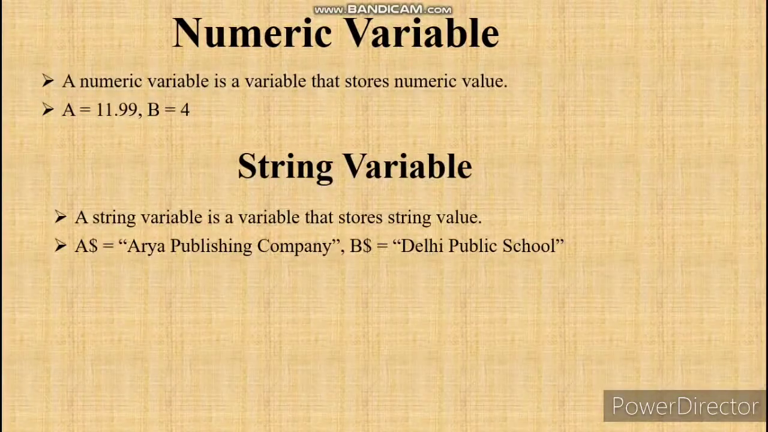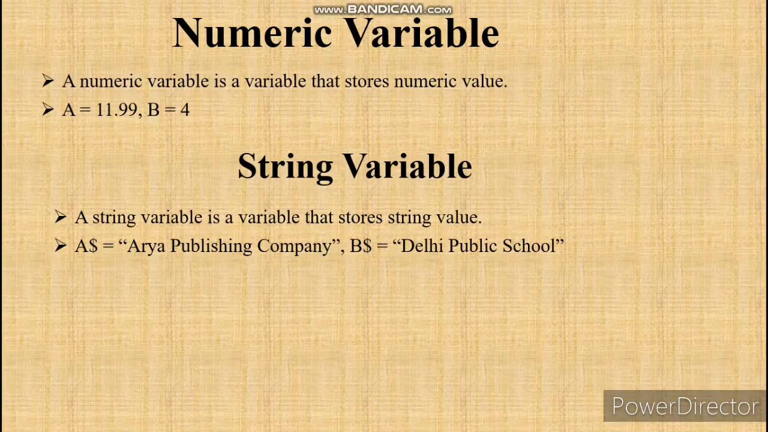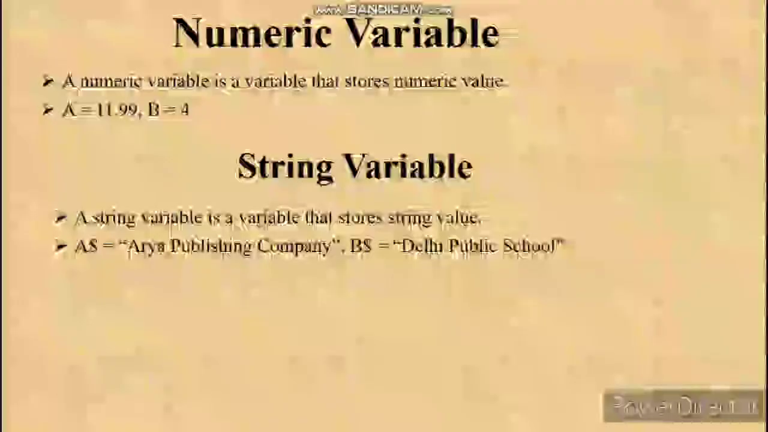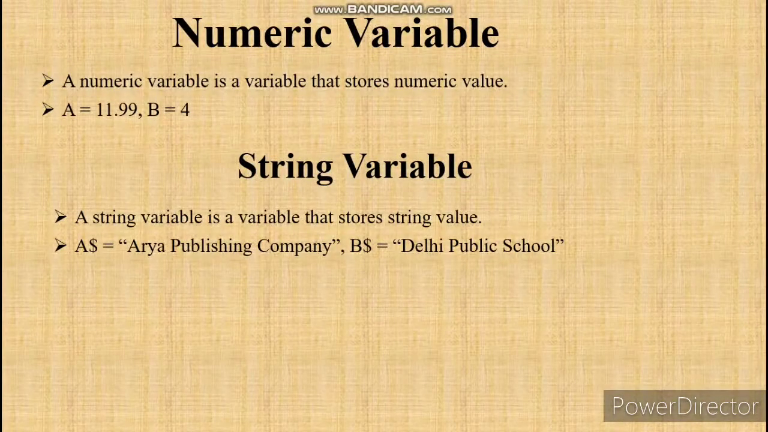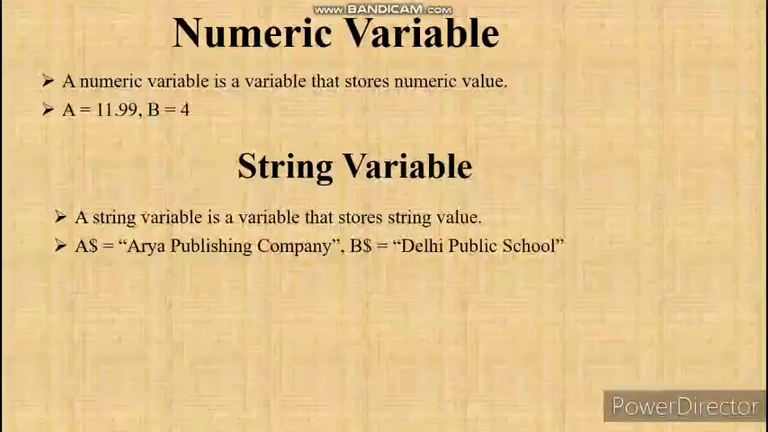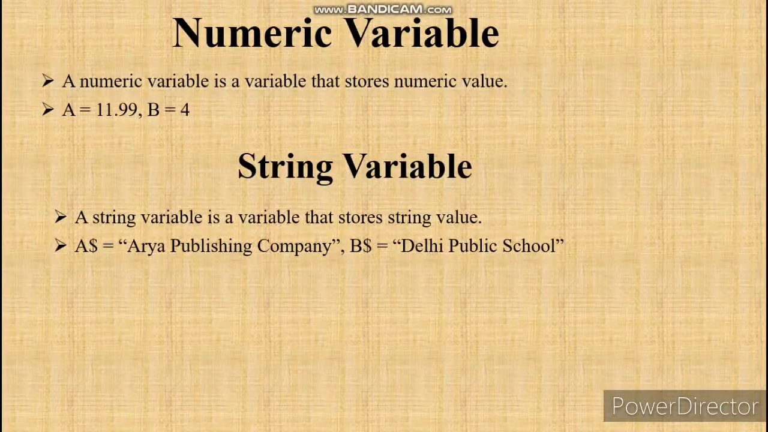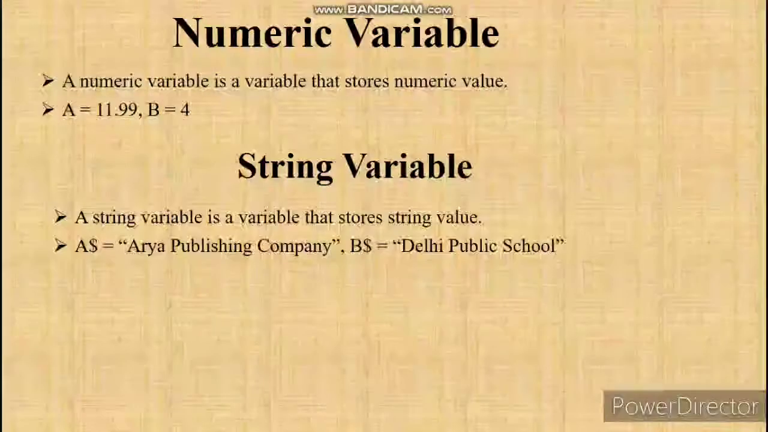Right? I repeat once again. Numeric variable is a variable which is used to store numeric data, and string variable is used to store string data. String variable data means a combination of alphabet, numbers, and special characters. Right? Next topic is